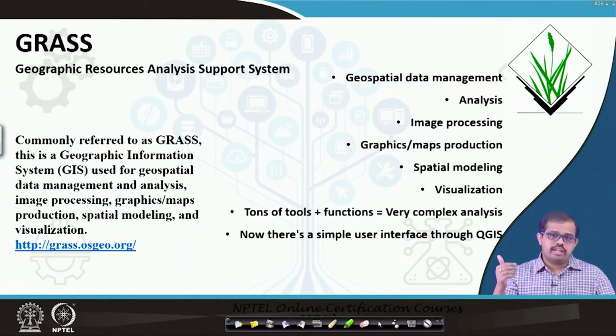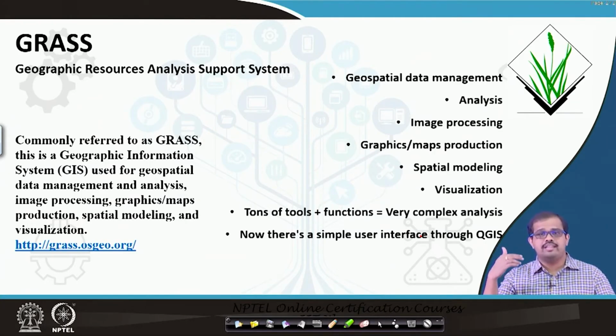And when you are looking at spatial modeling, whether you are looking at the production of graphics, maps, or when you are looking at analysis, basically image analysis, it is extremely useful software available today. So I would suggest students have a look at this particular website and probably even look at its functionality. You will be assured that you will not go back to any proprietary software